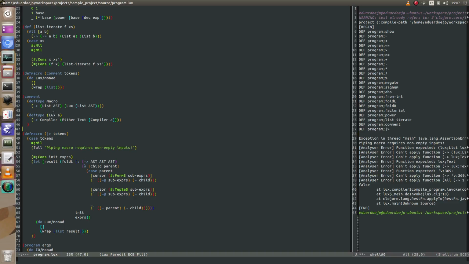And even for this piping macro, I kind of have to do pattern matching too. I have to do pattern matching against the tokens to figure out whether they are empty or contain at least one element. I'm still doing pattern matching, and this is very simple because I'm just finding things directly. I'm not exploring how the contents look. But if I were doing so, it would look very similar to that definition that we saw, which was ugly. Well,